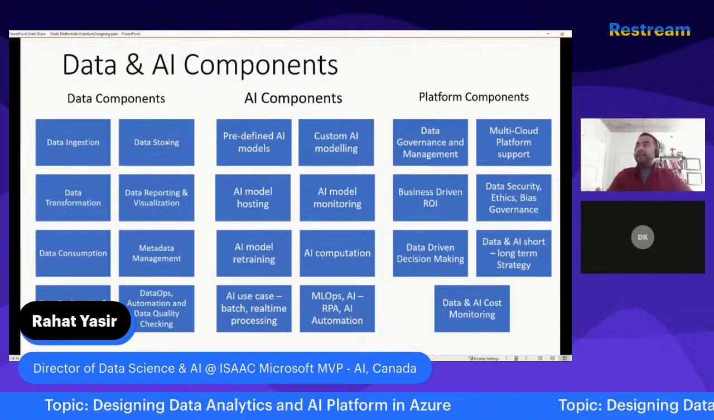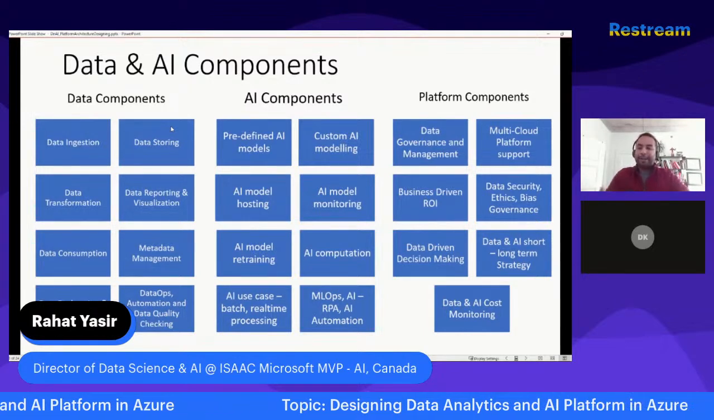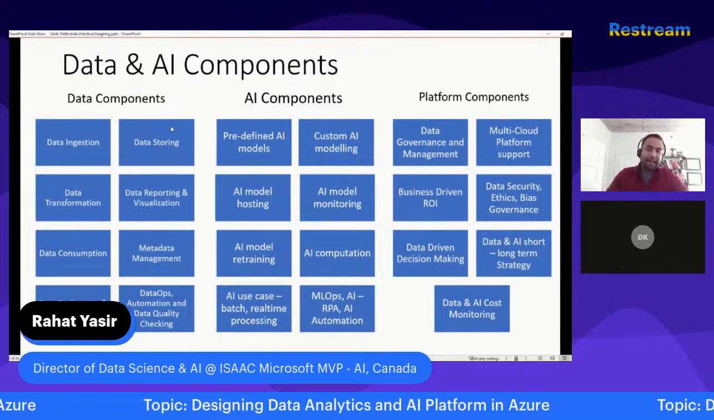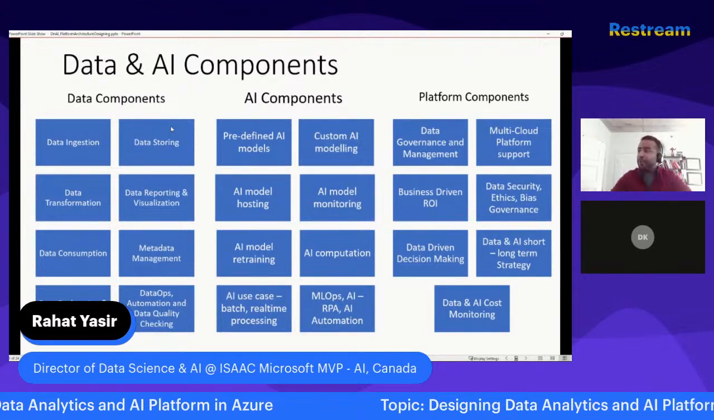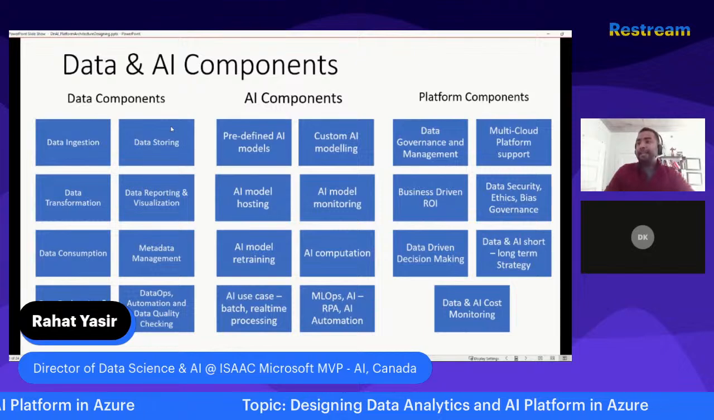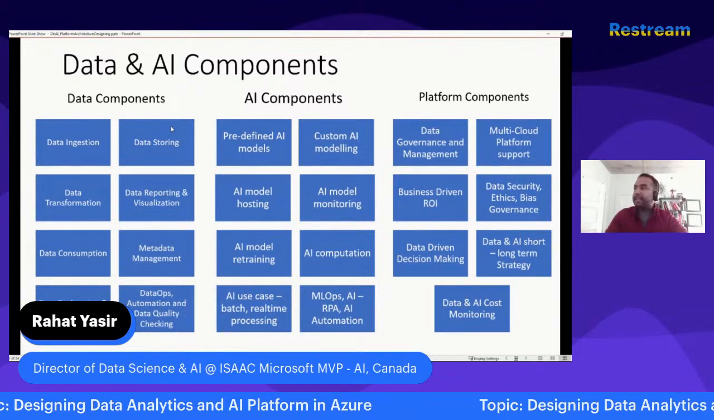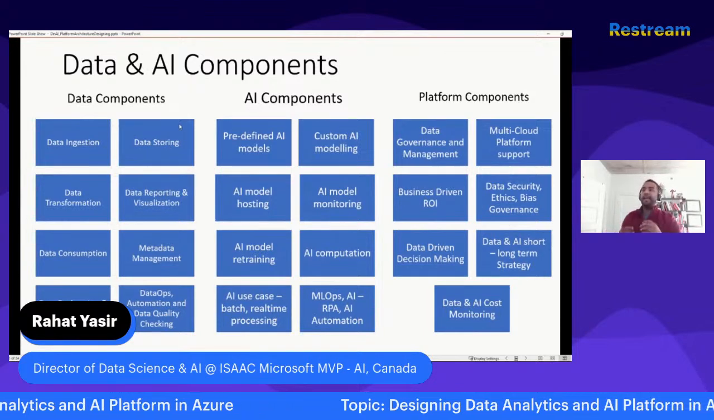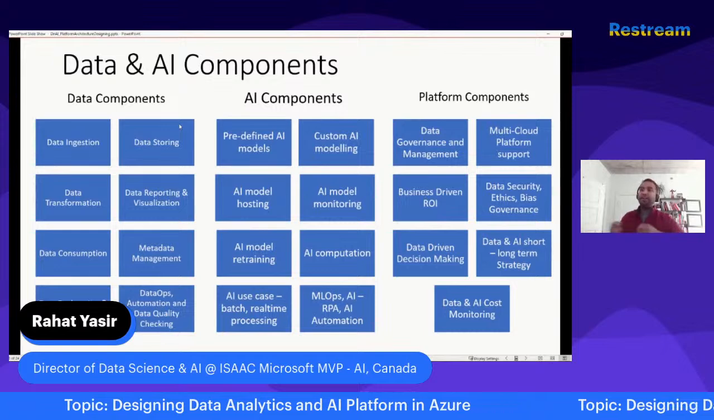Then you have data storing. For sure, you have a lot of options. You can store the data in blob storage in Azure. There is a blob storage option as well. You can also store the data in a data lake as a flat file. We call it ADLS Gen 2. You can store the data as NoSQL data or SQL data, like Cosmos